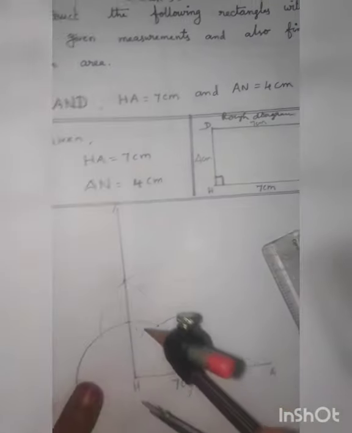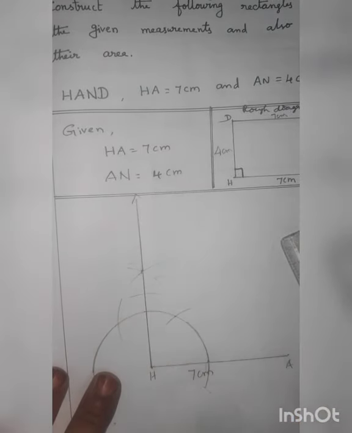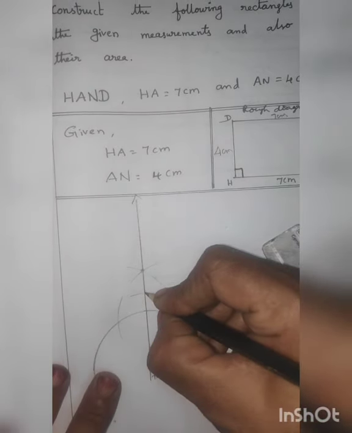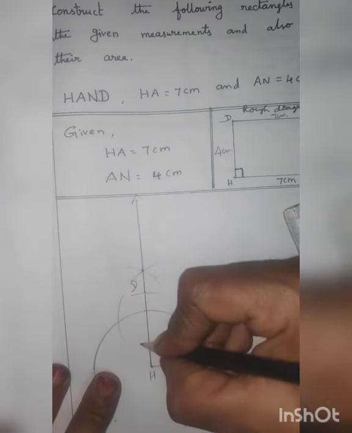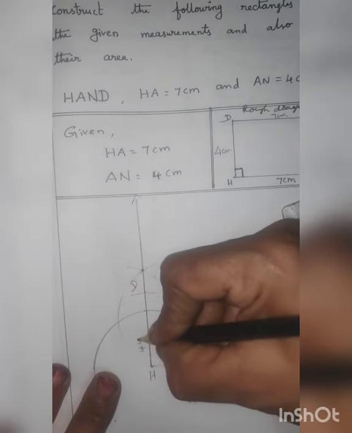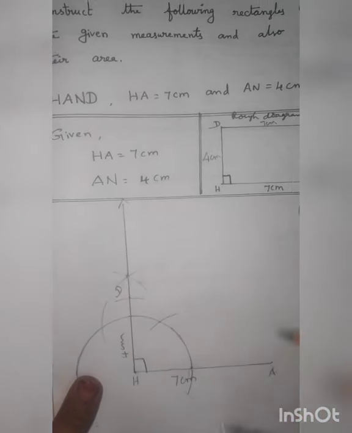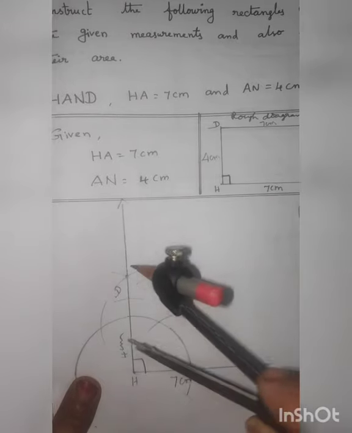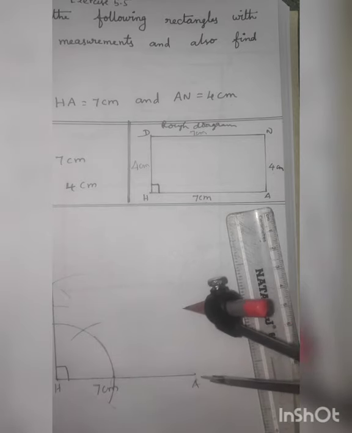Now keep on point H and cut the arc. Now one point comes; what is that point? D point. How many centimeter there? 4 centimeter. Their perpendicular line is 90 degrees, so you must put in the box. Next work, here how many centimeter do you cut? Take the arc and cut the arc 4 centimeter. Should not change the length, and cut it here. Keep on point A and cut the arc.